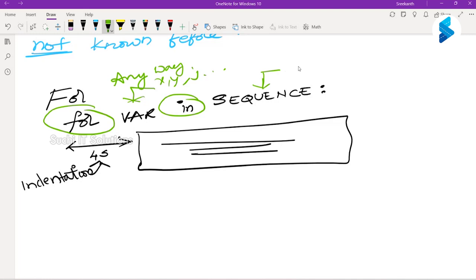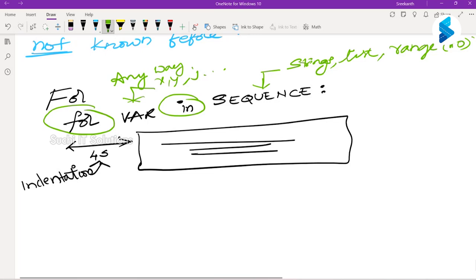You can iterate over strings, on every character. You can iterate over lists. There are others which we have not seen. You can iterate using a function called range also. You can specify a number here on how many times you want to iterate. So if this is the syntax, the example would be